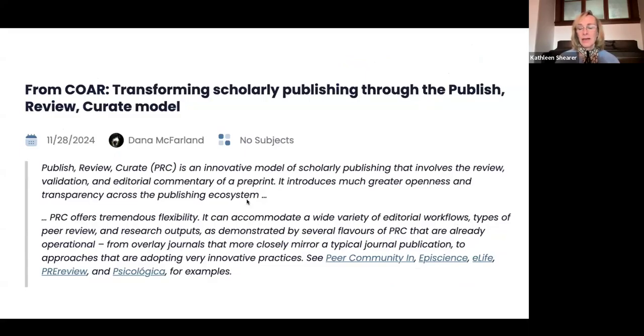So the last thing I'd like to leave you with really is a new model, and this is sort of what we're trying to do in terms of innovation at COAR, a new model of scholarly publishing that I think could be very interesting and more easily adopted in places like Africa. And it's called the Publish, Review, Curate model. And basically, it sort of decouples the publishing functions